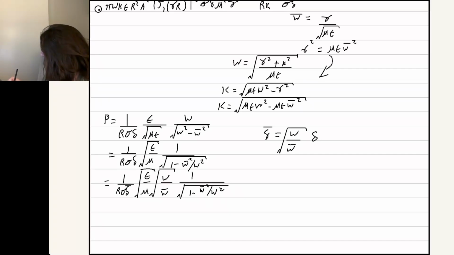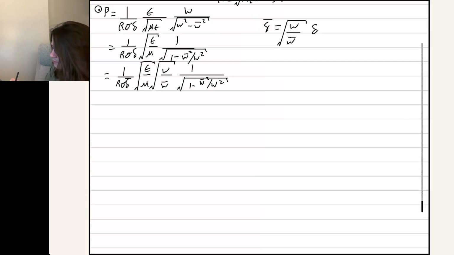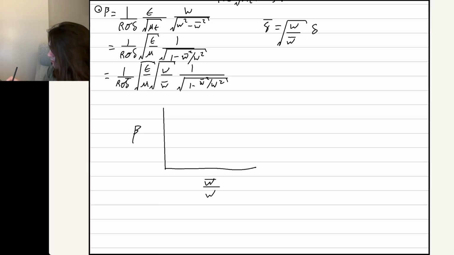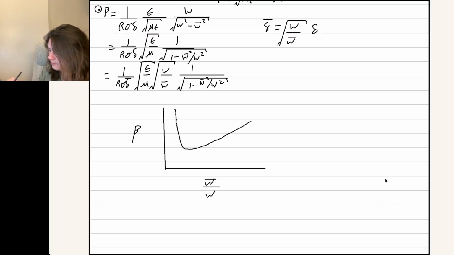And now you have it as a function of omega over omega bar. So that's fun. So if you then want to plot your attenuation constant versus your omega bar over omega, then you're going to end up with it coming down from infinity down to some minimum value, and then curving away pretty much linearly once it reaches that. That's just a rough sketch. So yeah,